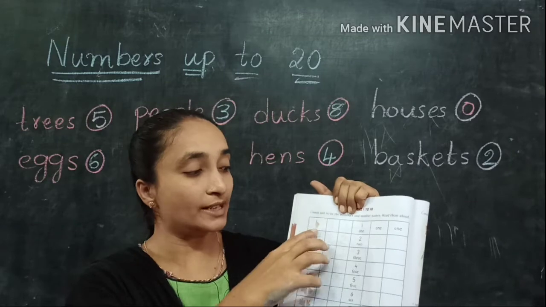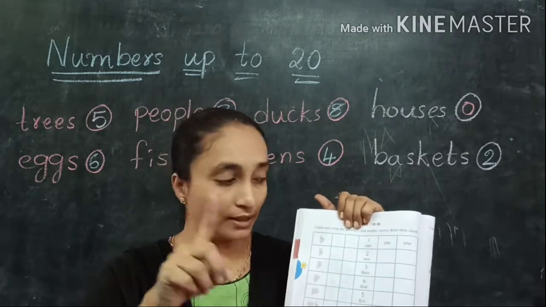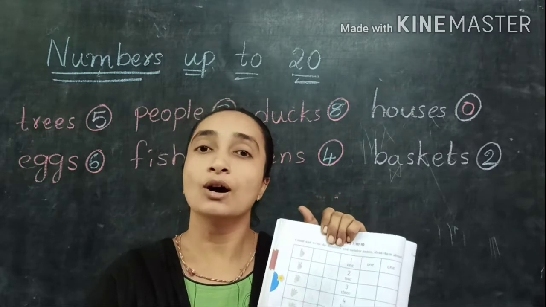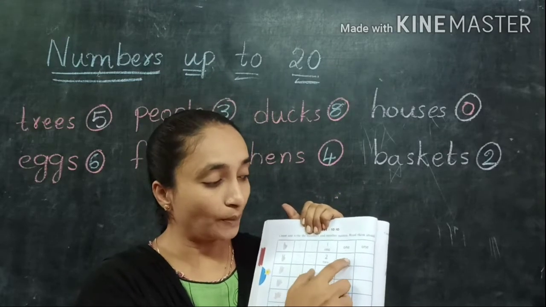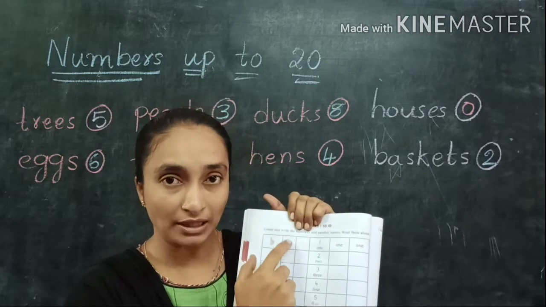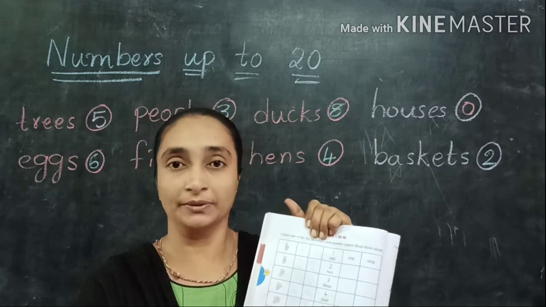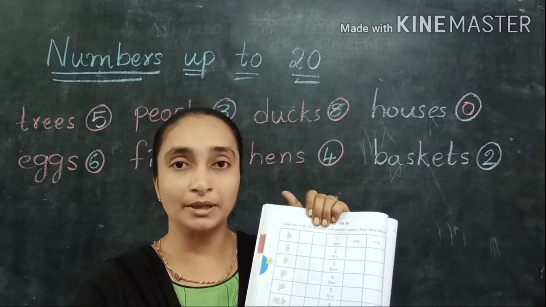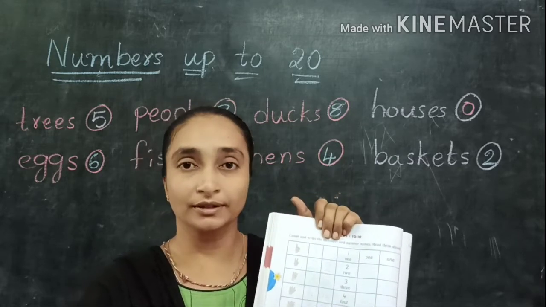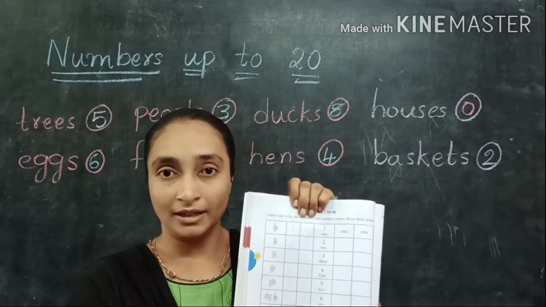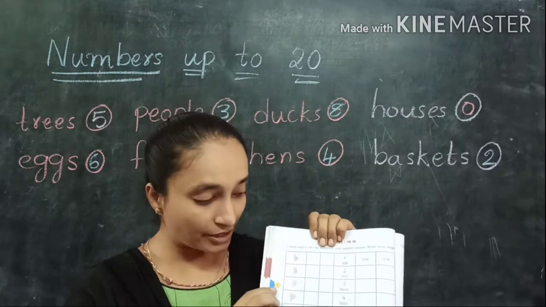So the first one is 1. 1 means 1. Here number we are writing 1. And the spelling is O-N-E, 1. So you have to practice here. You have to trace out the numbers, and here we have to write the spellings also. O-N-E, 1. So all of you, these number names you can practice in your textbook. You can practice the numbers, all of you can write these numbers in your textbook page number 78.